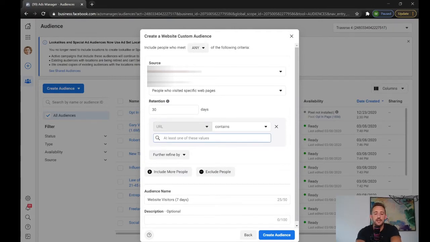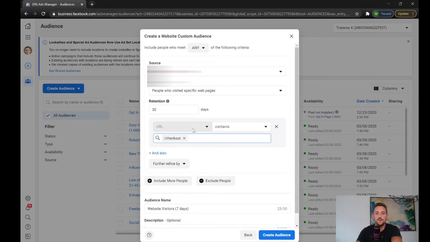So mine might be www.minddomain.com/schedule, right? That's the page where someone schedules a call. Or maybe yours is checkout. Whatever it is right there, you are going to have to add that to this section. We'll change up our name. So this would be checkout page